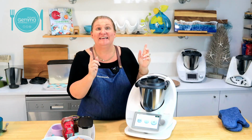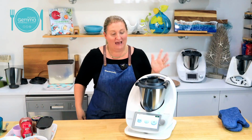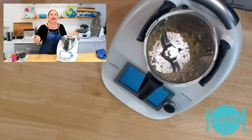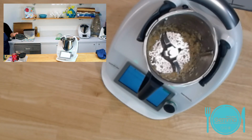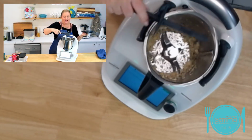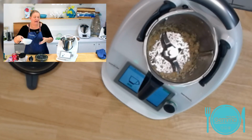Okay, so like I said, we're putting the lid on and we're going to chop that for 3 seconds. We might, in a second, Wes, have a look at the bowl now because I'd like to show the girls inside that when I lift that off. So as you can see, that has completely chopped up really finely and really well. That garlic and ginger, so you know, a lot quicker than you could do it. I don't know how you would even do that with a knife, I guess, or a garlic crusher or something. I don't know. Now we're popping in our onion,